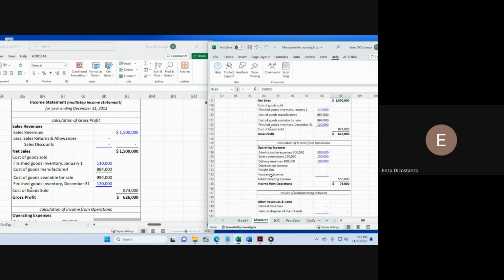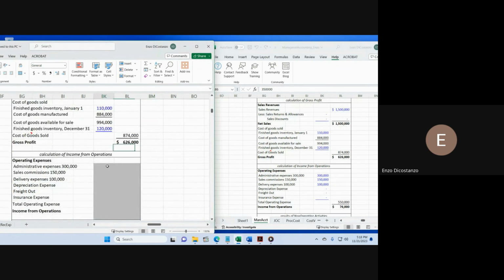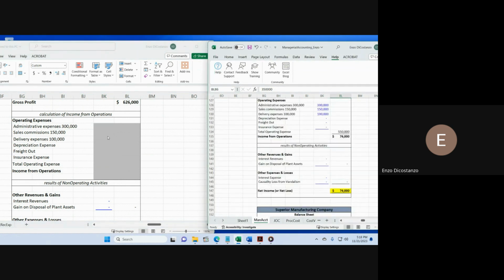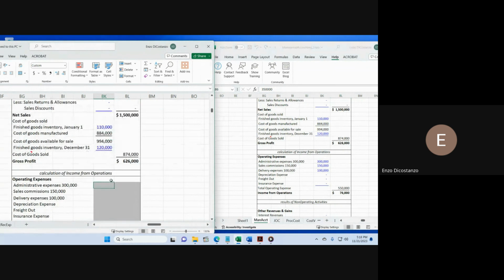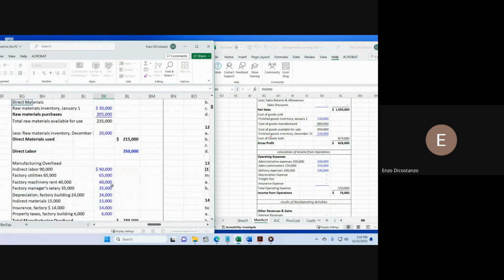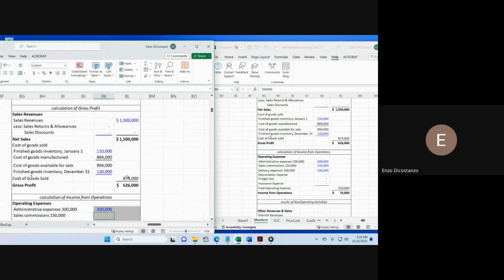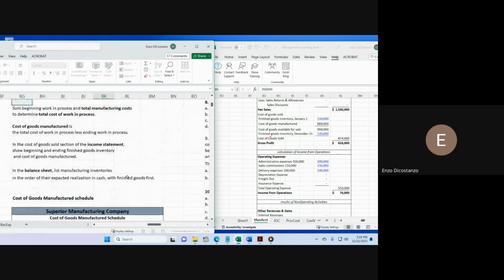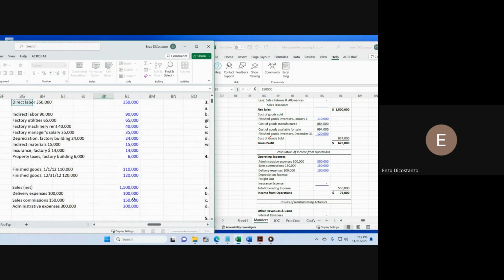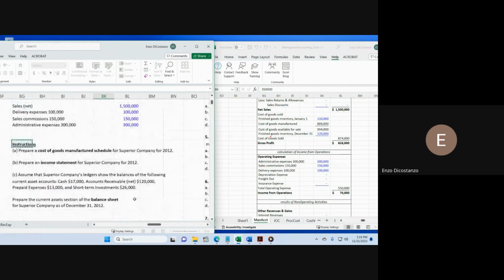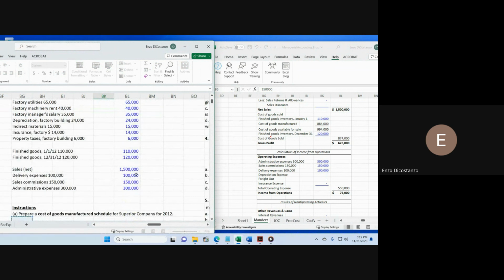Now, as you're looking through all of this, so there are some other entries here. You had administrative expenses. So this, actually, what you have here, this is gross profit. This is calculation of income from operations. So these are non-operating numbers, which don't have any. Those are all 0. Okay, but your operating numbers are here. And we could type them in, or we can just say administrative expense, 300,000. Commissions are 150. And depreciation expense is 100. There it is, 100.